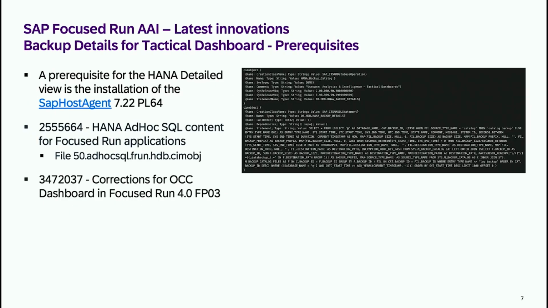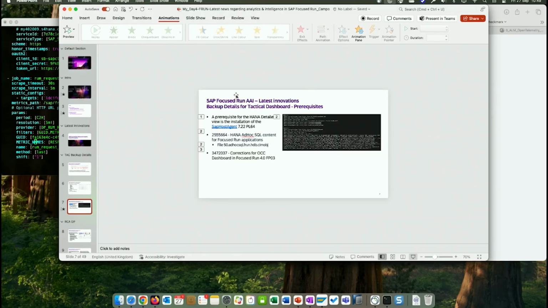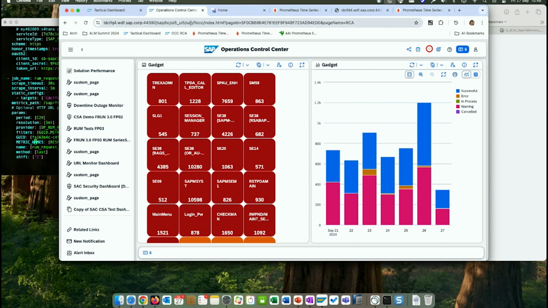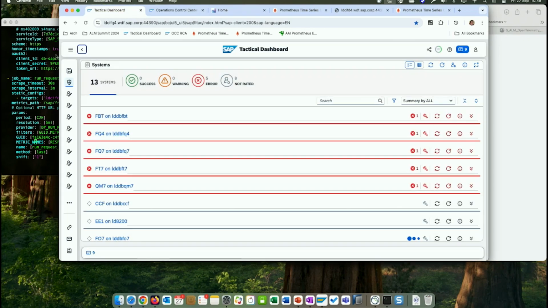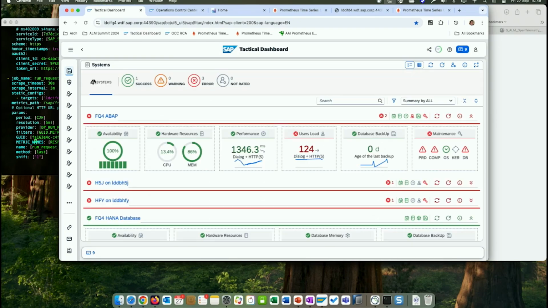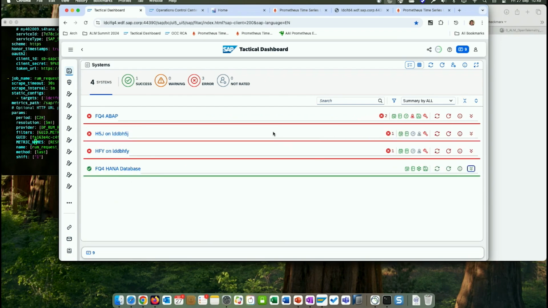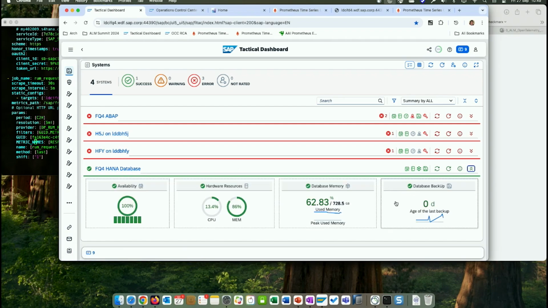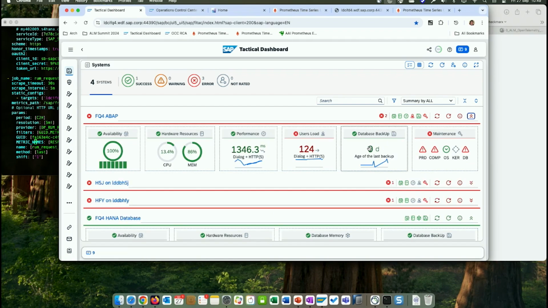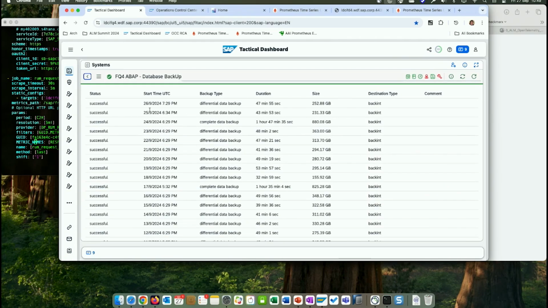Okay, maybe I can show you just on the system how this is looking. So let me interact a little bit, and maybe, yes. So this is the tactical dashboard. So maybe we can go here. So as you can see, we can define different systems. In this case, we have an ABAP system. We have also added an entry for the HANA database. This will work either from the ABAP system or directly from the HANA database, and simply, if you click, you will see the details